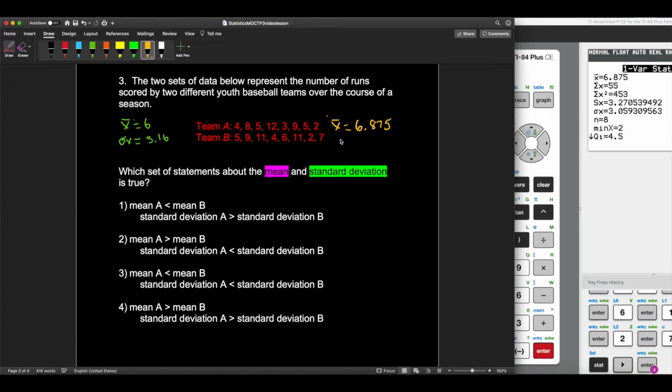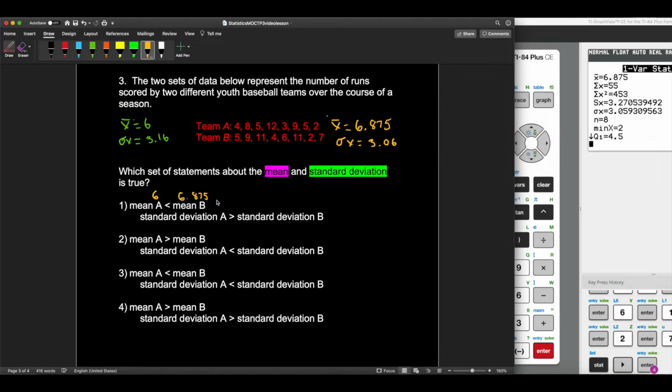And then, of course, standard deviation, 3.059, which is 3.06. Remember, rounding is important here. Okay, so now, which set of statements about the mean and standard deviation is true? So choice 1 says mean A of 6 is less than